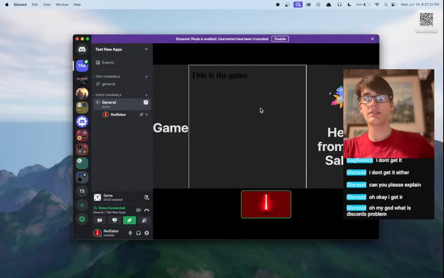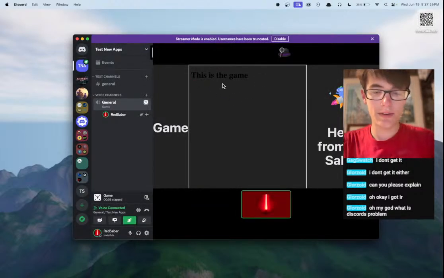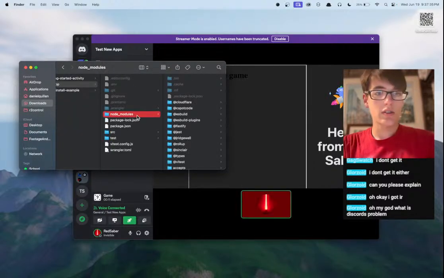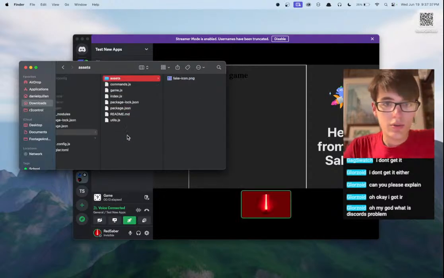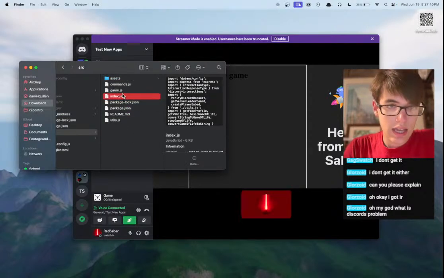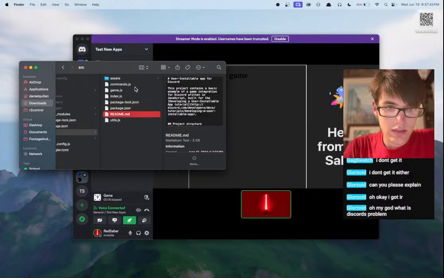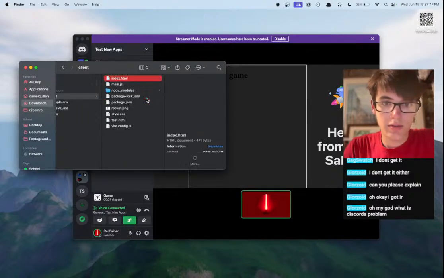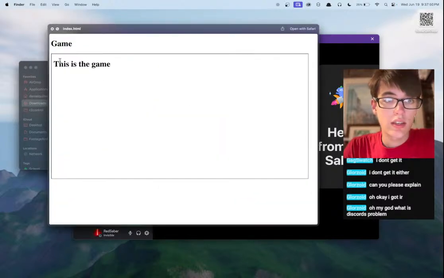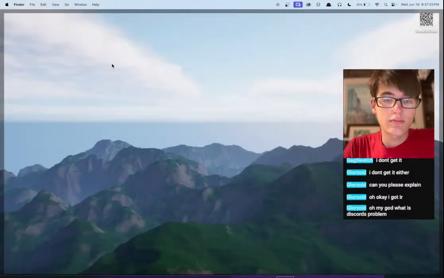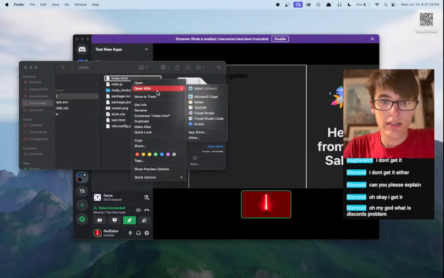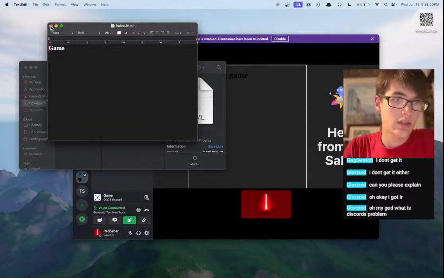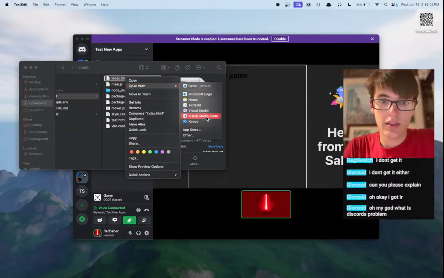There we go. So you can see we have two separate web pages. Maybe if I open this in the file browser, it'll be a little bit easier. So this is our application, and inside of the source, we have the index.html. Where is the index.html? This is our app. Sorry, that was the wrong app. This is our app. And you can see if we edit this with, I don't know, a text editor, let's say TextEdit, okay, that doesn't work. If we edit this with Visual Studio Code,